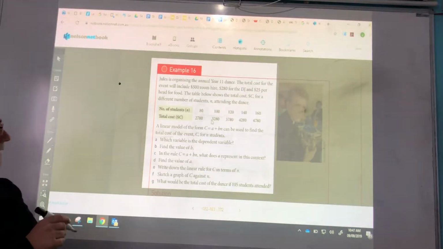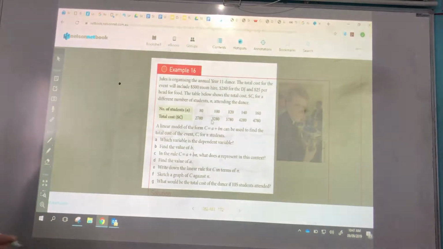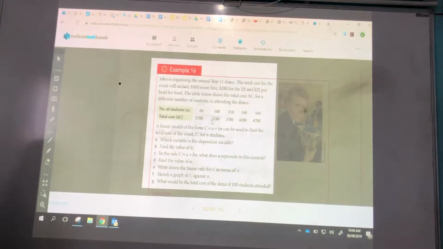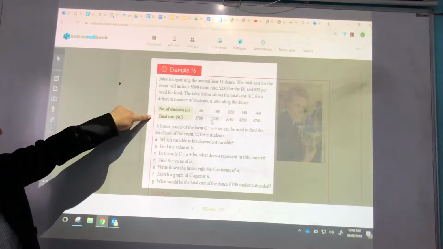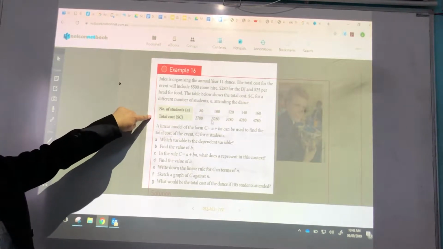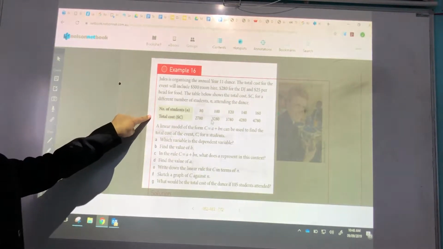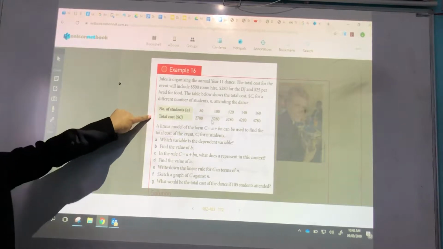All right. So in this example 16, Jules is organising the annual Year 11 dance. The total cost for the event will be $500 for room hire, $280 for the DJ, $25 per person for food. And they've helpfully created a table for us of the total cost, which they're calling C dollars. Remember, it's just a pronumeral like anything else. The total cost there,